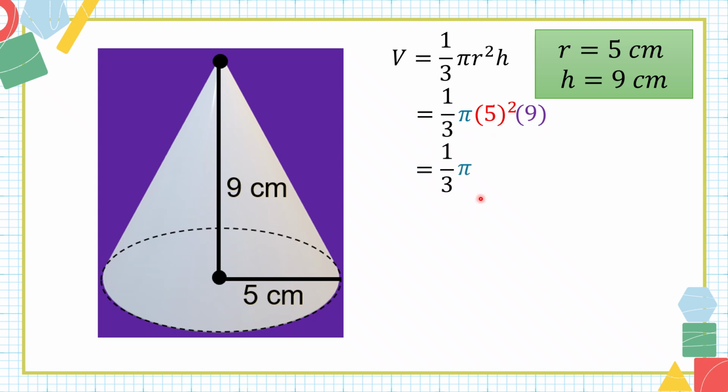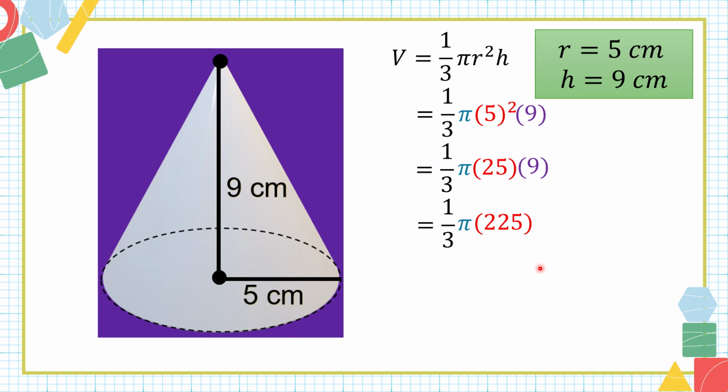So doon sa wala munang ginawa, we will just copy. So this will be 25 and then 9. As you can see, we can multiply 25 and 9 because it's a sign of multiplication. So let us multiply. 25 times 9 is equal to 225. Okay, so at this part, let us say, i-multiply muna natin yung ating 1/3 and then 225